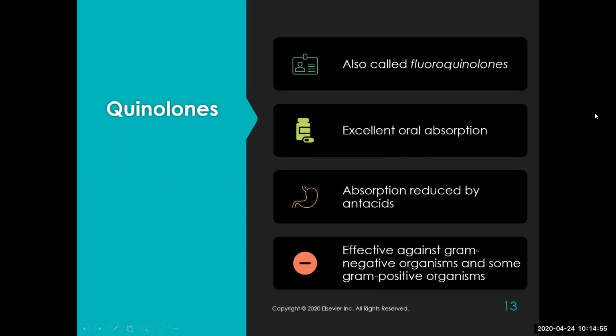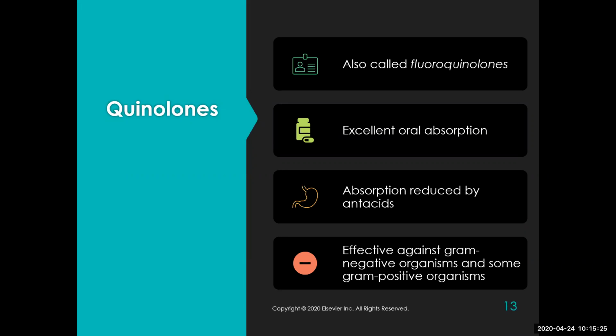You will also hear them called fluoroquinolones. And we've kind of shortened it to just say quinolones now. They have excellent oral absorption. So knowing that, you know that these are probably going to be very effective in a community practice, a primary care setting for self-administration. They won't need to be given IV. Not that you wouldn't ever see them, because ciprofloxacin actually can be given IV,